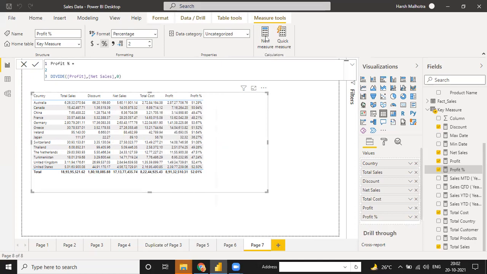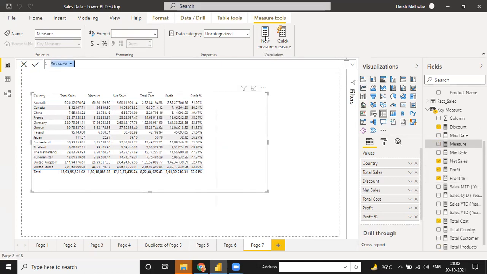Just click on new measure. Why do we have to calculate this? Because we need to create a pie chart. So just click on this and we can write it here. And see, this profit is not a wrong value. If I say that this is wrong, it is only for this visualization, not wrong for our data. Data is correct. Okay, so right now I need profit percentage, but on the basis of country. We need country wise total profit. So how to calculate this country wise total profit?